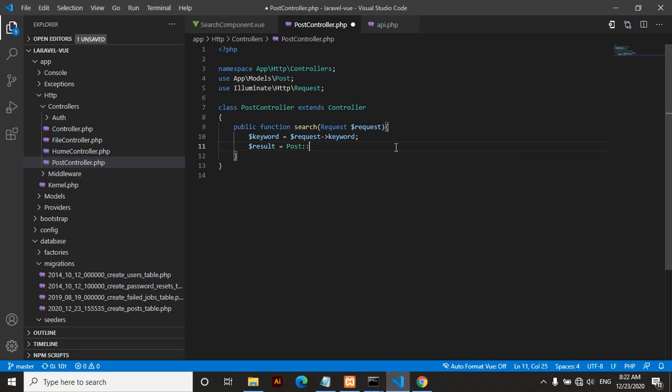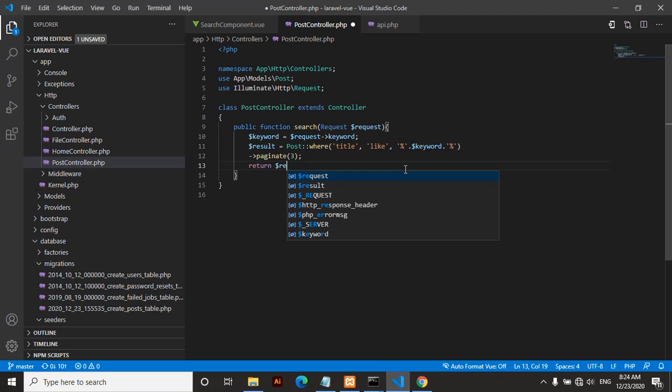Here I will have Post::where title is like keyword, and then we'll paginate it for 3 rows, and then return the result. Okay,